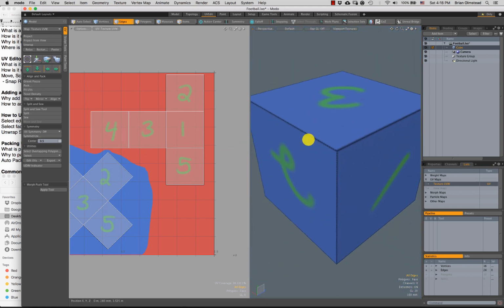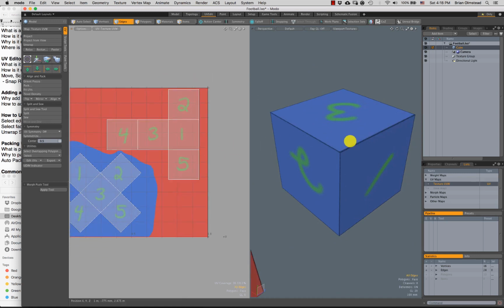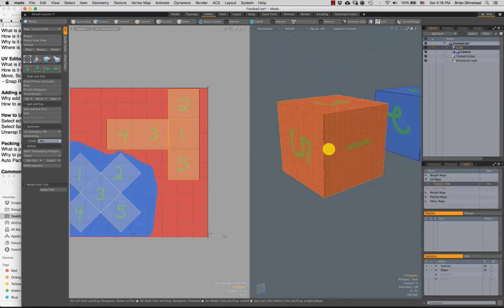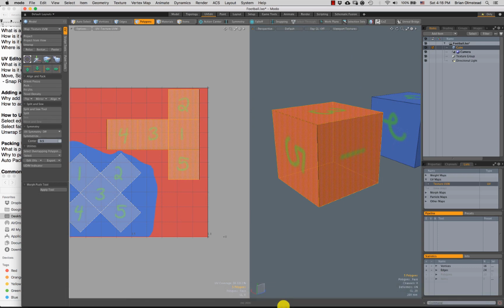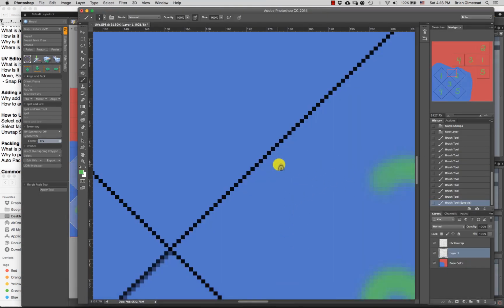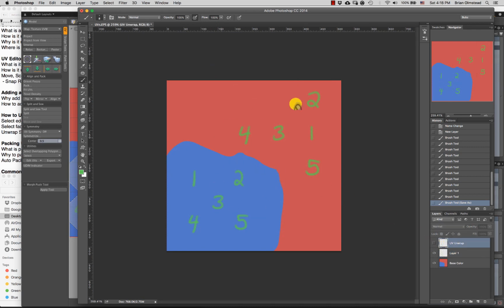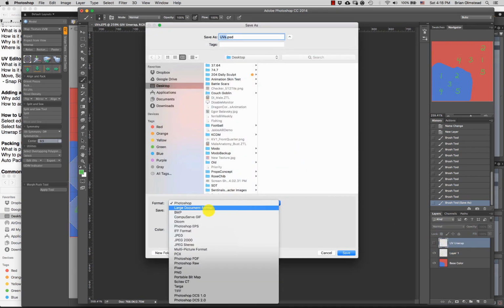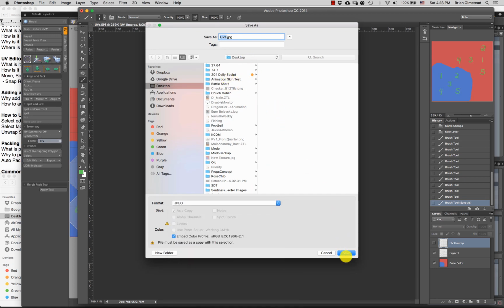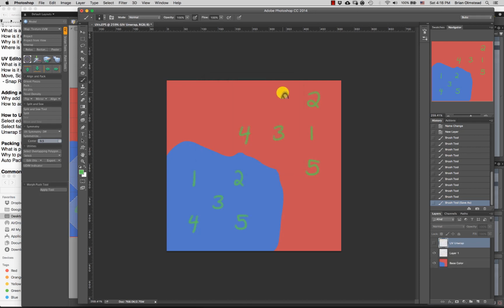Ideally, I don't want big huge black lines calling out where all my edges are. When there's no texture on there, I appreciate it when I'm modeling because I like to know where edges are, but when I want to have a red box, let's say, I don't want those showing up like that. So to get rid of these, zoom out, come over here, this UV unwrap, I'm just going to turn him off like so. Now save it out. So do that same, JPEG format, UVs, hit save, overwrites,